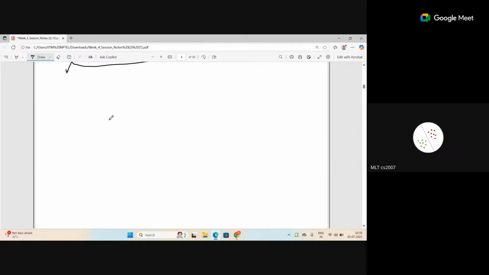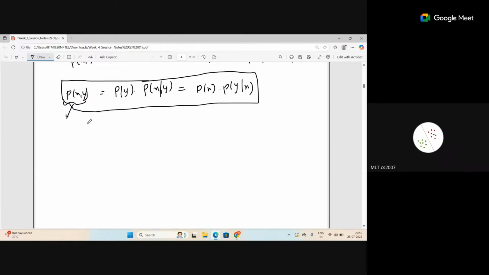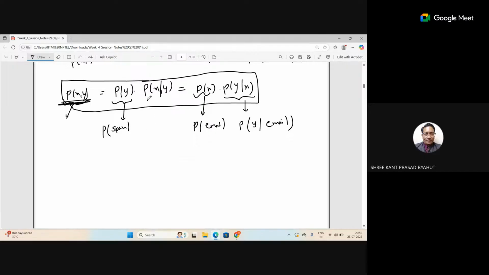And then we have to find out whether that is a... I need to find out this. What is the probability of y, or what is the probability of x? Is it the probability of the email, right? That email. And what is the probability of y? Probability of spam or non-spam, given the email. And here it is the probability of spam or the probability of non-spam, given the email.